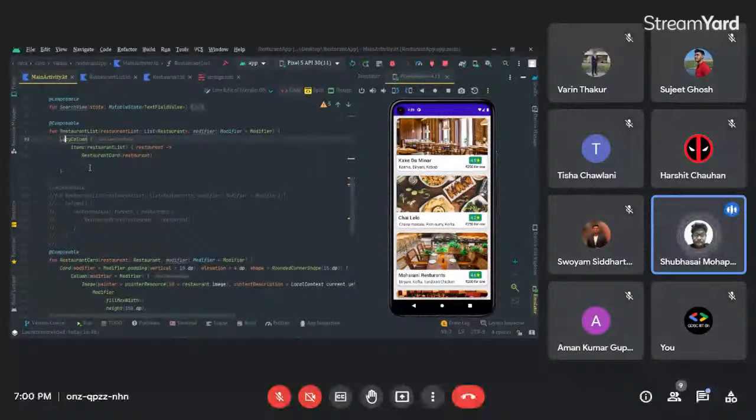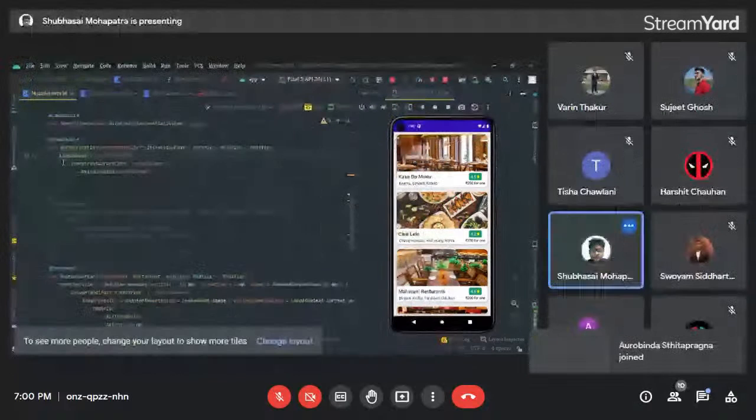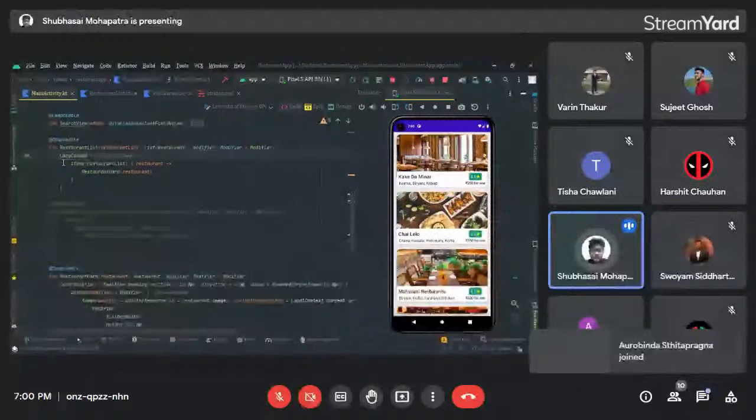So in our next session we will be covering how we can build a list with a remote data source, where we'll be collecting data from Firebase or any public APIs, and we'll be utilizing that data to build one list. So this is how a lazy list works in Jetpack Compose. You can also explore how recycler view and all those things work. But